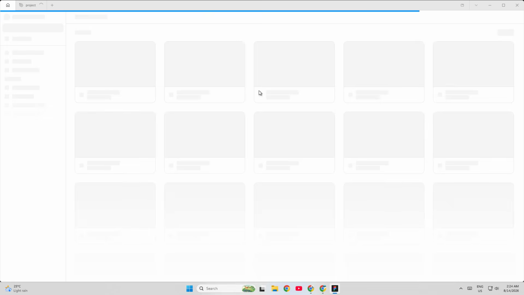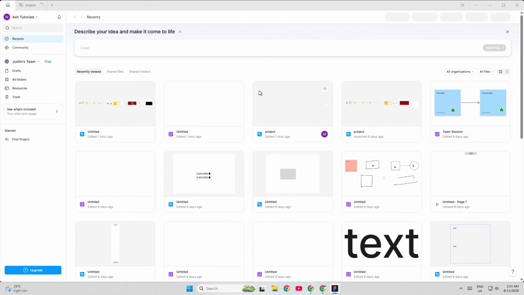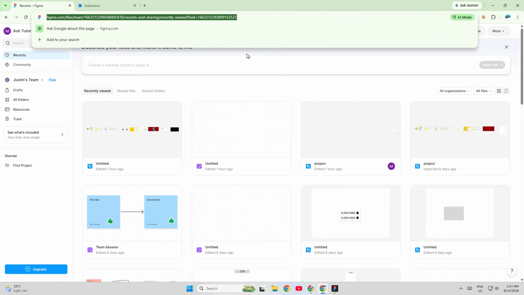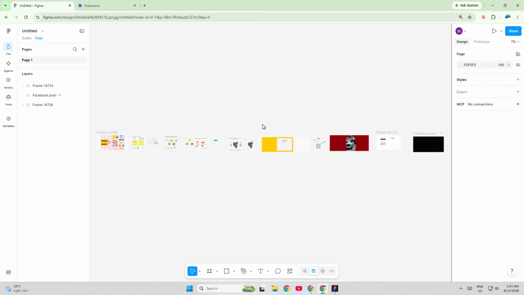If you don't want to deal with the desktop cache right away, another great workaround is to open your project directly in a web browser instead of the desktop client. Sometimes the browser version works perfectly, even when the desktop app is having trouble. Just go to figma.com, sign in, and open the same file there. If it loads in the browser, that confirms the issue is with the desktop app or local cache, not your